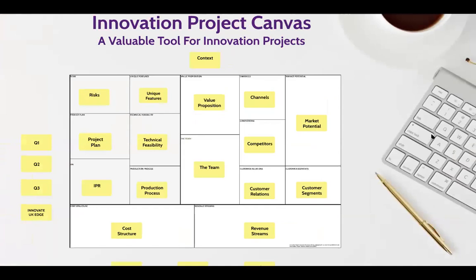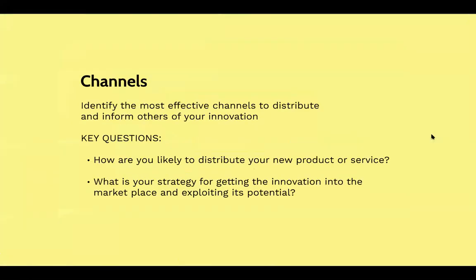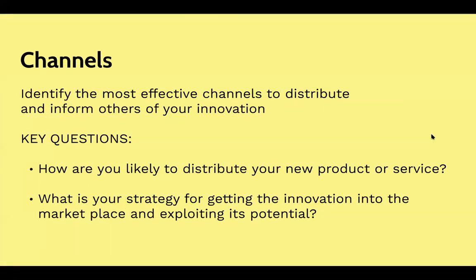Okay, so having looked at the value proposition then, the next thing that we consider is looking at the channels to market. So we understand the market, we understand our target market segments, we understand our value proposition. Now it's looking at, have we identified the most effective channels to distribute and inform others of the innovation? So clearly showing how you're going to distribute your product or service and detailing your strategy for getting the innovation into the marketplace and exploiting its potential is key, and something that, whether you're an investor or whether you're the grant funders, these are things that you want to see in order to be assured that the project is going to deliver the levels of success